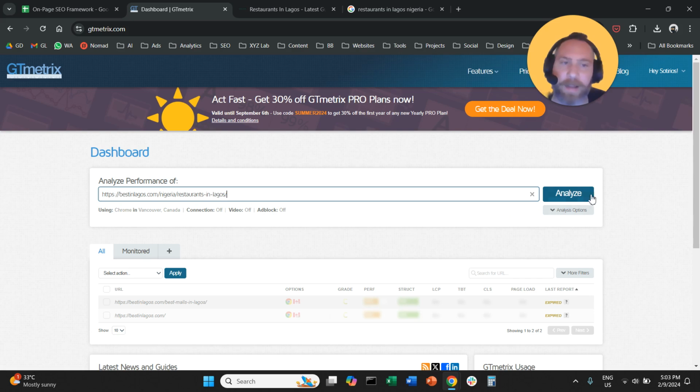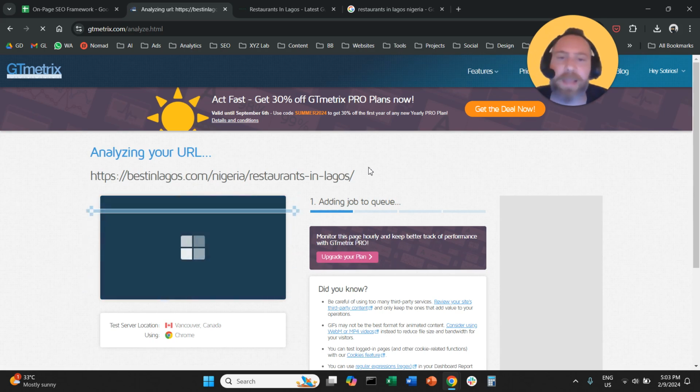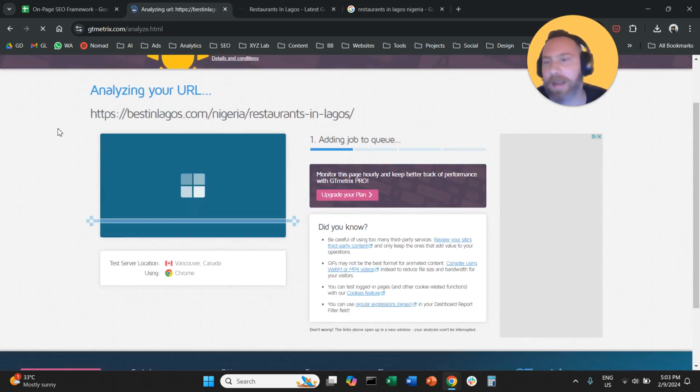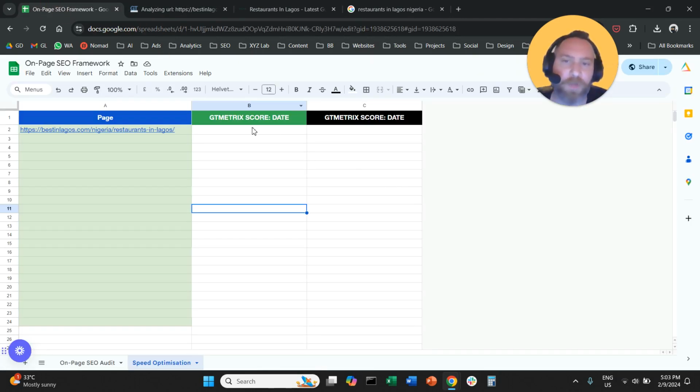You may need to create an account. We're going to come to GTmetrix, paste our URL, and analyze this page, and the system will give us a score and some details in terms of the page speed of this page. So what I'm going to do here is insert the score, A, B, C,